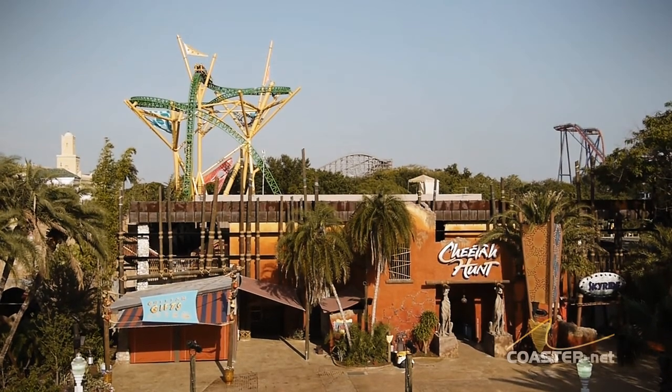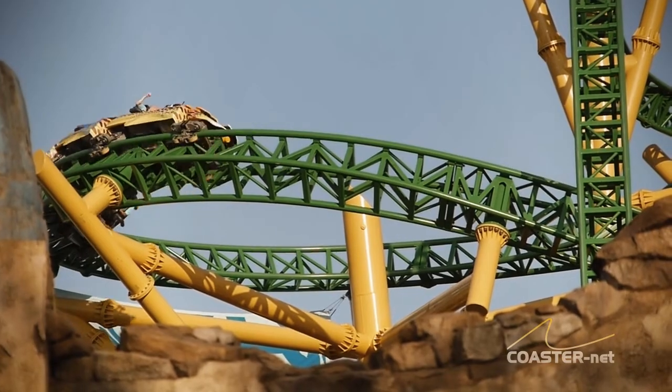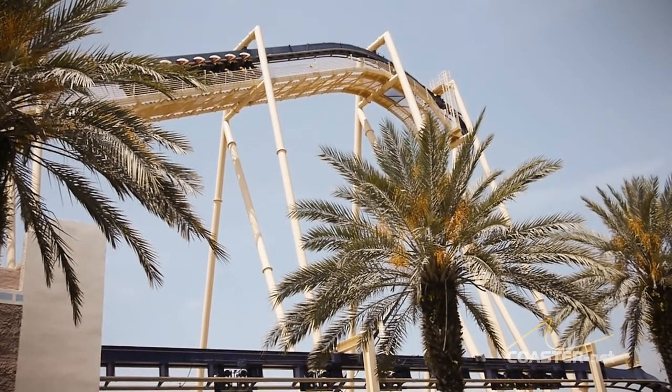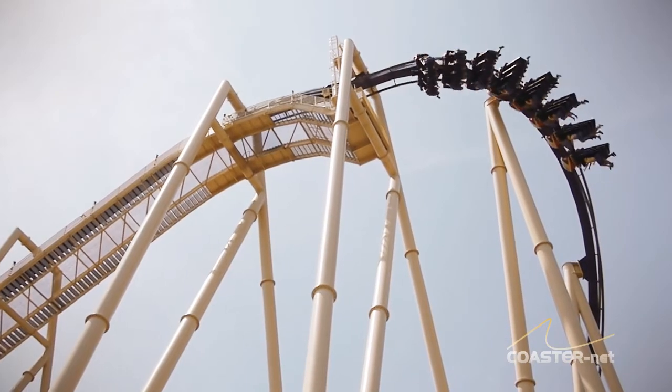Intamin was new to the Busch Gardens coaster scene, bringing a specialization in innovative technology that could easily accomplish the quick acceleration needed to simulate a cheetah sprint. Our other roller coasters at Busch Gardens are traditional coasters in that they have a lift that drags the trains to the top of the hill, and gravity takes you to the bottom. Here we use linear synchronous motors to actually propel you at 3 different points along the track. And by doing that, you get a sudden burst of speed, and as we say, you go 0 to cheetah